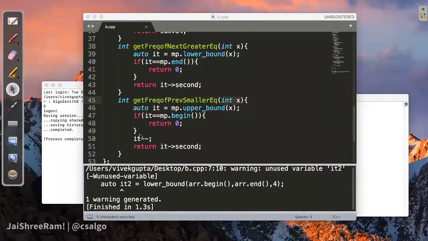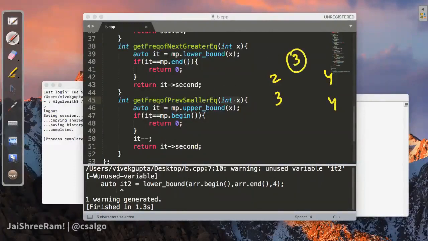What, we don't go back then? Okay, if we don't go back and that element is not present, then it will be wrong, right? Because let's suppose 2 has frequency 3, 4 has frequency 4, and you do lower bound on 3, like you want to find the previous smaller value of 3. For 3, if you do lower bound, you will get 4, but you wanted the frequency of this, right?